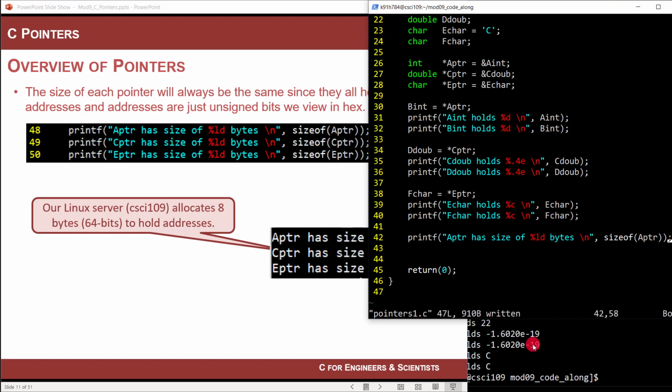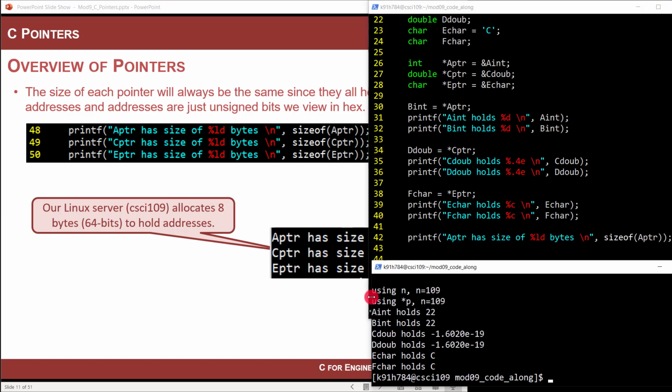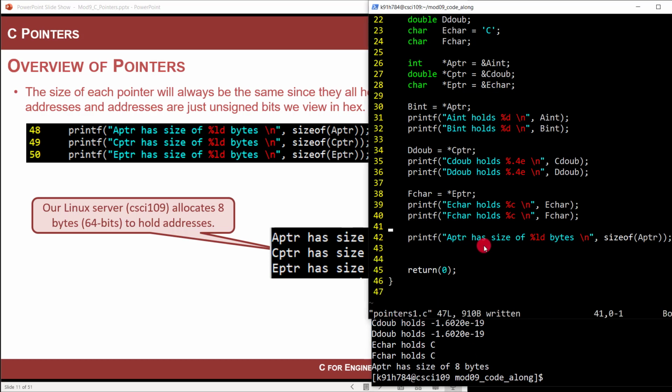Okay, there we go. So now a pointer has the size. I'm trying to find out how many bytes this uses for the address. The answer is 8 bytes. So it's holding an address. Well, what about